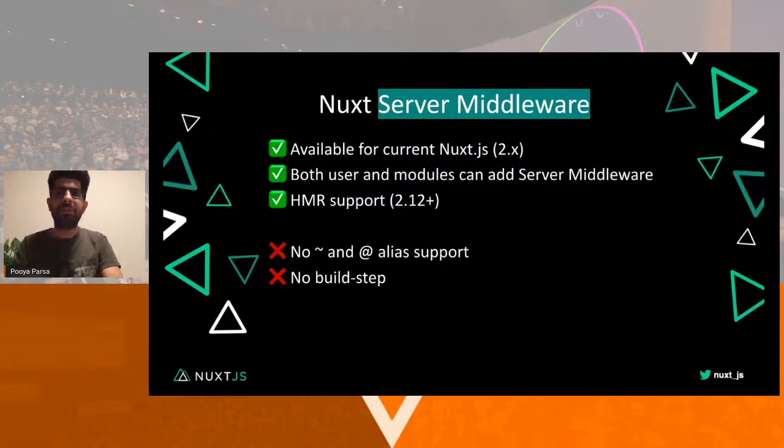There's no build steps, so in production you have to deploy the entire API if you are writing your API using server middleware, and it has really poor serverless support. Actually, it was the main intention behind redesigning something to make it more friendly with serverless, because nowadays everyone is migrating to serverless and full static, and it's cost efficient. It's not really a good idea to have a full server in your